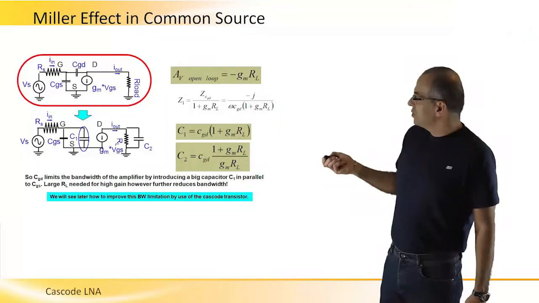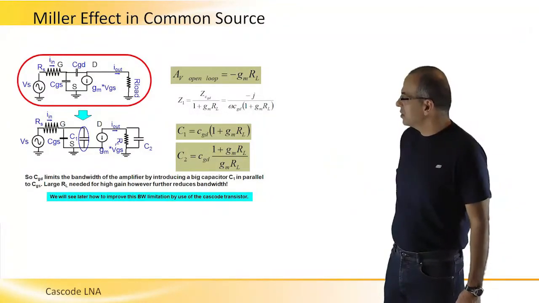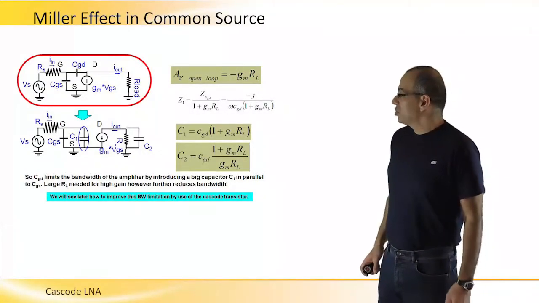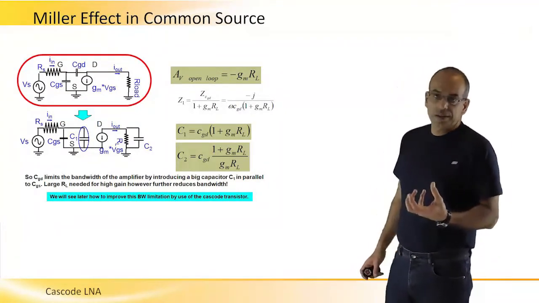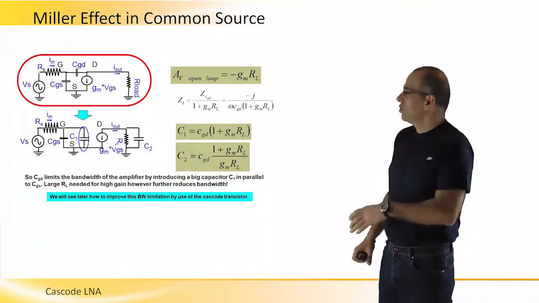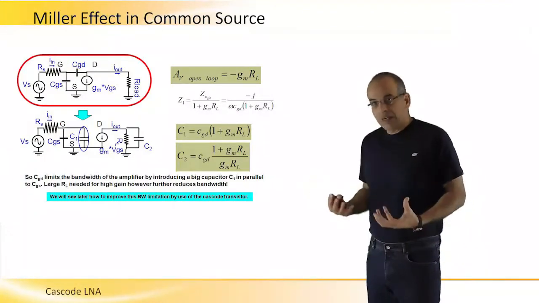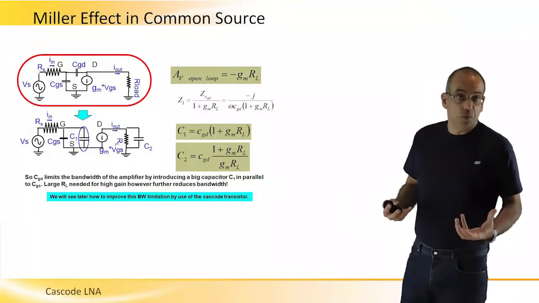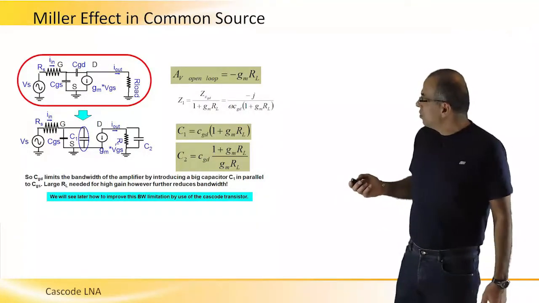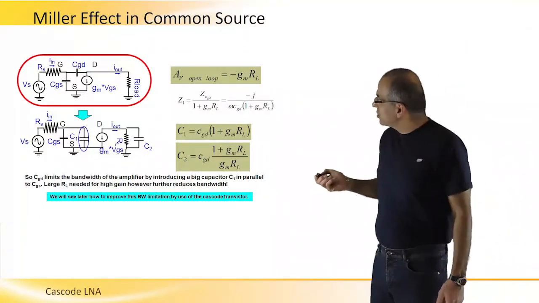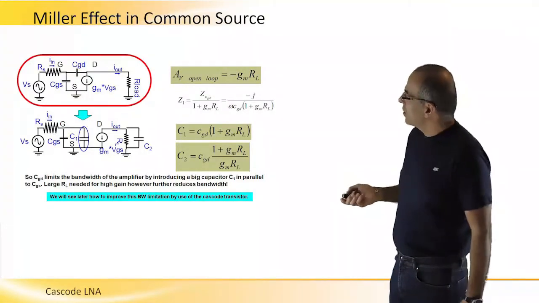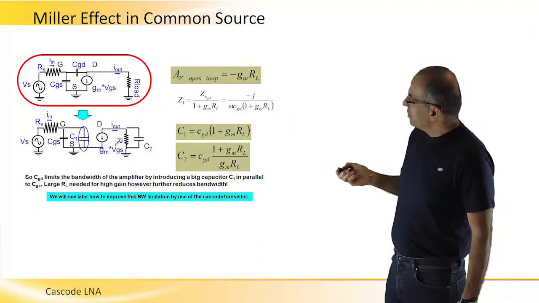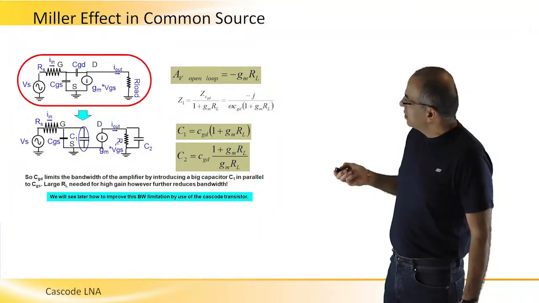You don't see here the degeneration inductance, which is simplified and will help us understand what we need to understand without making the whole treatment much more complicated. And so we can look at this common source amplifier as a voltage amplifier between this node and this node